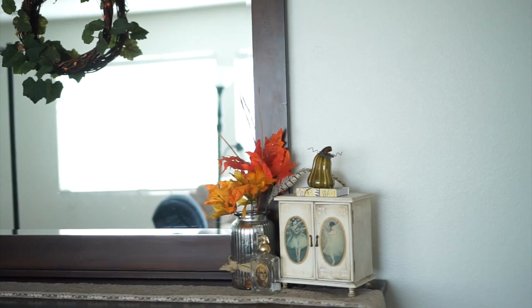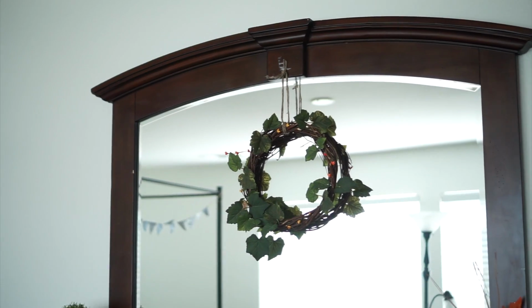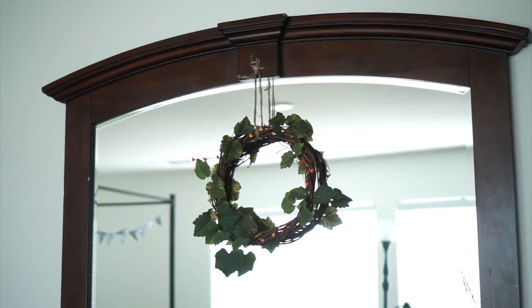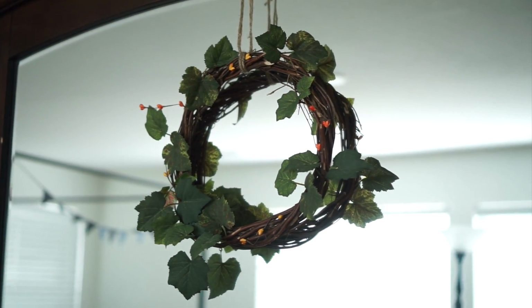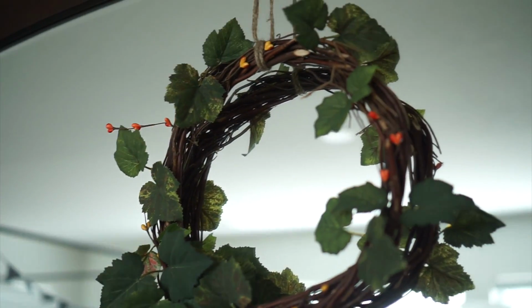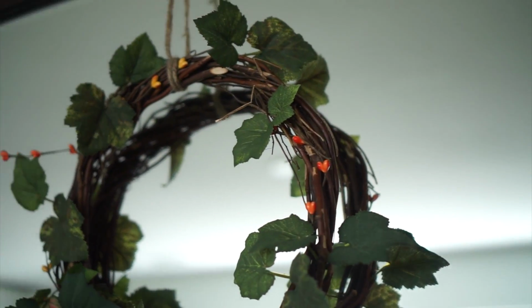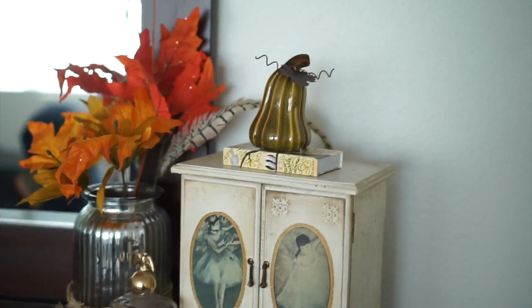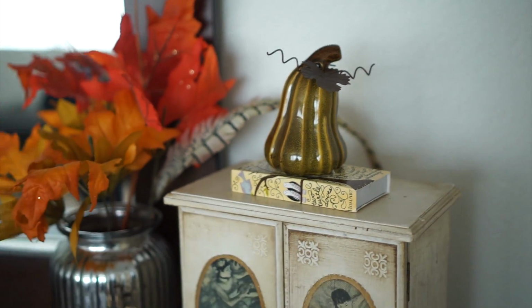scattered around. On our dresser, I did some decorations. So on top of the mirror, I decided to add this wreath, and I'm going to be making this a thing where I decorate it for each season. Right now it just has some greenery. I kind of modeled it after our wreath on our front door, but then I also added some little pumpkin berry stems. Right here I have this little gourd that we got from the 99-cent store,